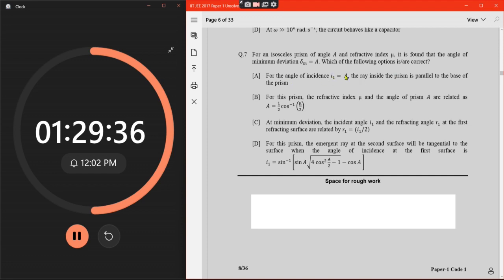For the angle of incidence I1 equal to A, the ray inside the prism is parallel. Okay, first I have to draw it, right? So this is our angle of prism. This is like mu, whatever it is. Okay? So this is going to be complicated. Here is your angle of incidence. This thing is your angle of refraction. Here you get another angle of refraction the same, which is angle of incidence, right? Yeah, exactly. So this angle is angle of incidence minus angle of refraction, that is this guy,